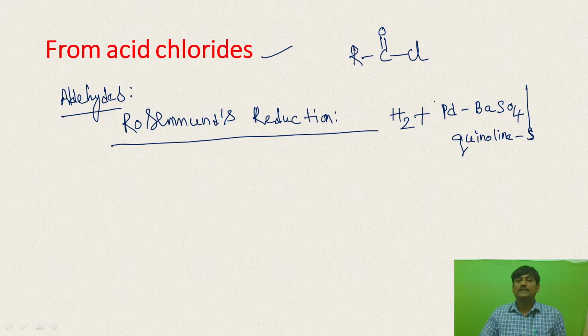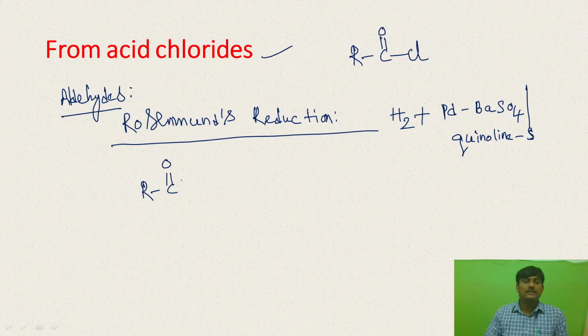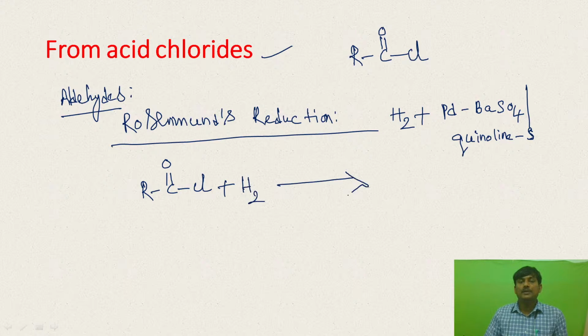This composition is called Rosenmund reagent. When you treat R C double bond O Cl with the hydrogen molecule in presence of Rosenmund's catalyst, that is palladium